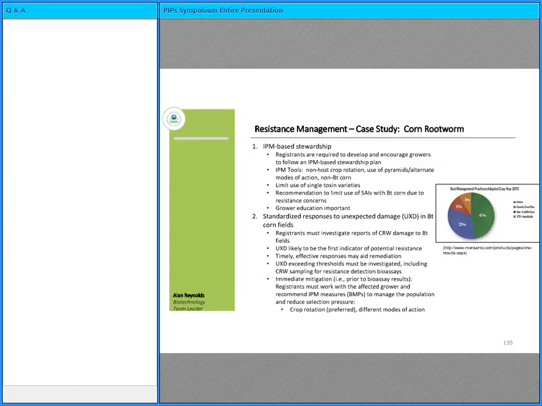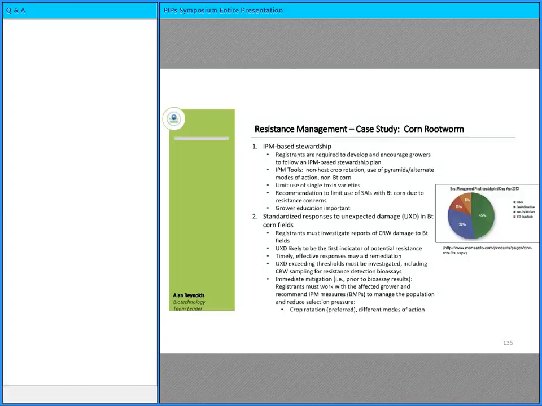And if we're able to execute a timely, effective response, that could help in the overall remediation of that population. So the concept is that unexpected damage exceeding a threshold has to be investigated. And these damage thresholds have been established for both single trait varieties and pyramided products. So if the damage exceeds those thresholds, then corn rootworm will be sampled and then go through this resistance detection